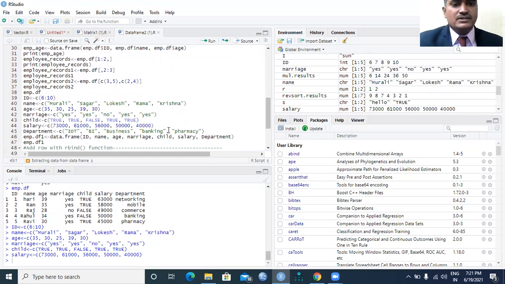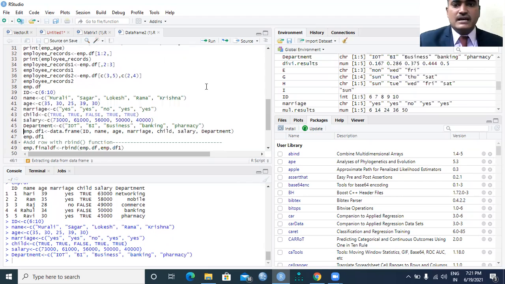So individually, I created 6 different kinds of variables. One more is department, and it is obviously a character type. Now, the important aspect: I would like to create one more data frame.